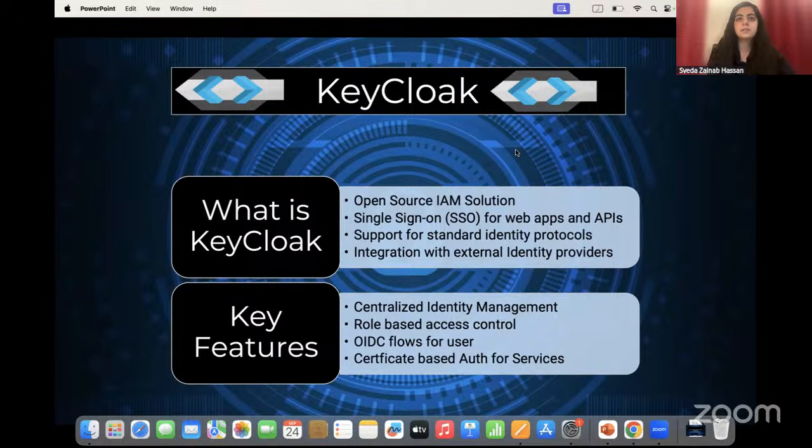These group claims map directly to Kubernetes role-based access control rules. For example, medical staff might be in a physician's group with read-only access to sensitive datasets, while data engineers may have broader ML model management privileges. This enforces least privilege and ties every action to a known authorized identity.